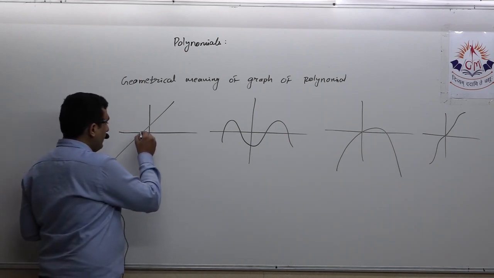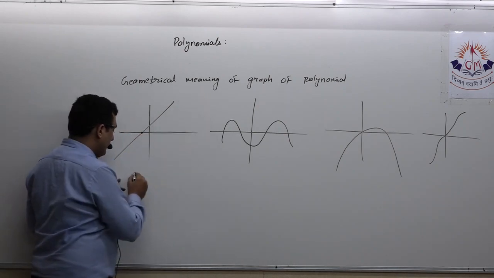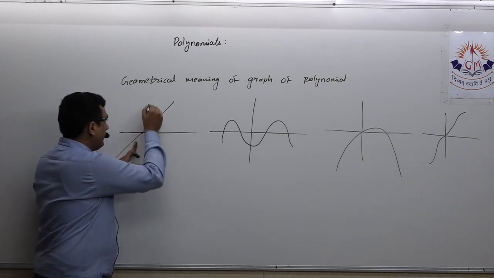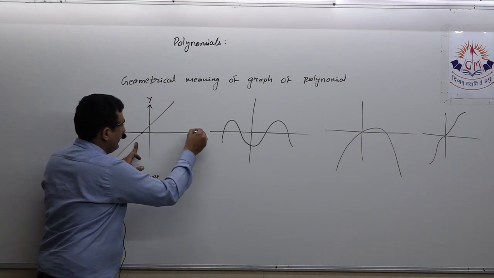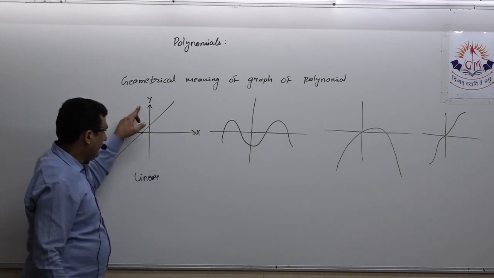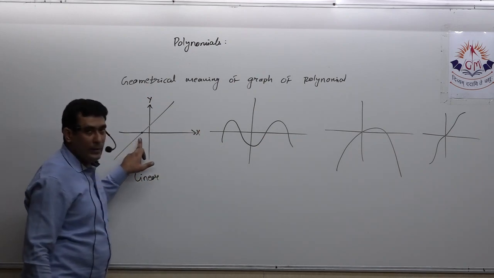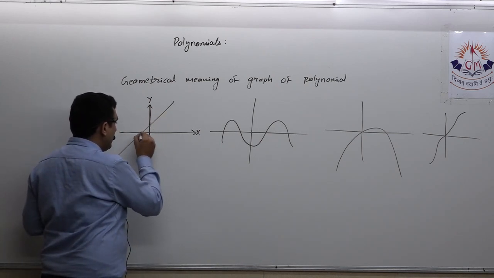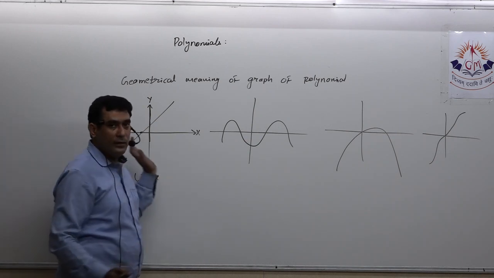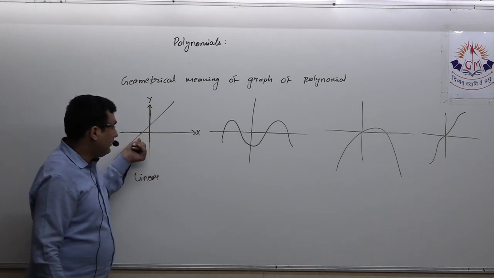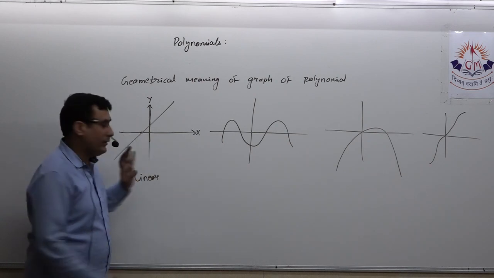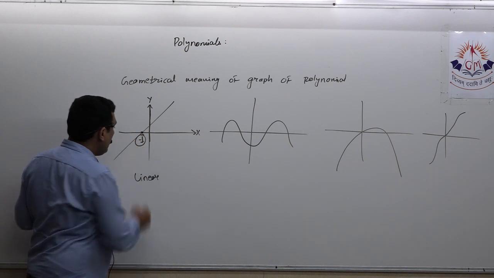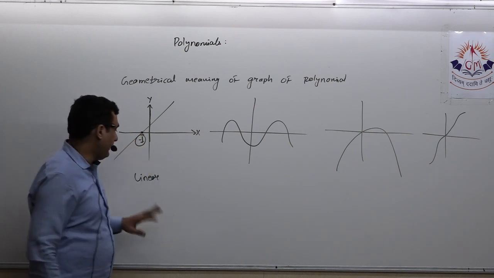Over here the graph is a straight line, so it's definitely a linear polynomial. It intersects the x-axis. By default I am considering this is y, this is x. So here it is the y-axis, x-axis. So it is a linear polynomial, and the number of zeros is 1. Now one thing more, here you can see this intersection point is on the left side of the y-axis. It means the zero of this polynomial is negative as well. For example, suppose this point is -1, that means the zero of the polynomial is -1.